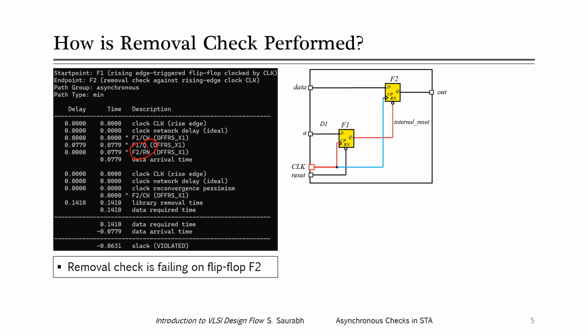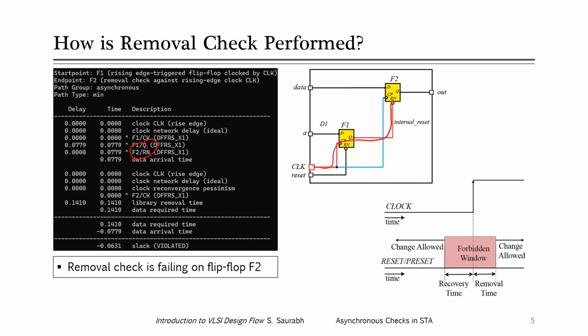This is the launch path and the signal is coming, and the delay it encounters is only between the clock and the Q pin, that is 0.0779. And there is a removal time in the